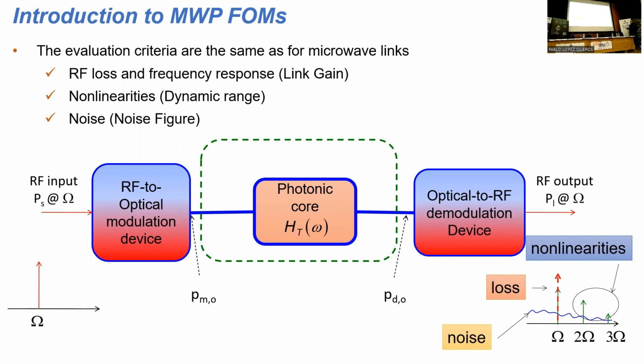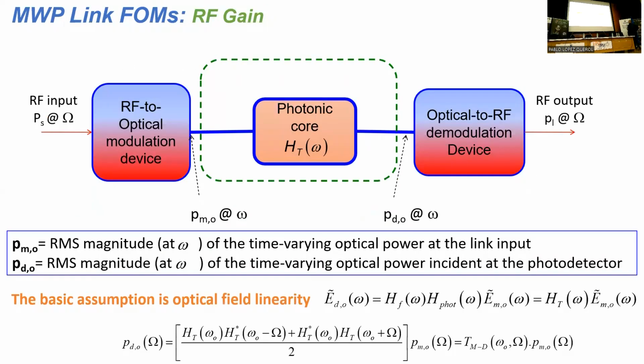So these are the 3 things that I need to qualify with my figures of merit: loss, impact of nonlinearities, and noise. And these are the 3 metrics that I use: the link gain, the dynamic range, and the noise figure. So I'm going to try to explain a little bit how do we quantify them in RF photonic systems. Okay, don't get scared, okay? Right, so